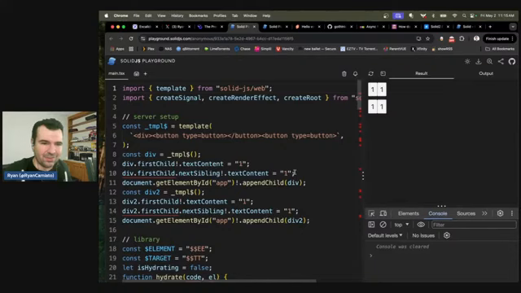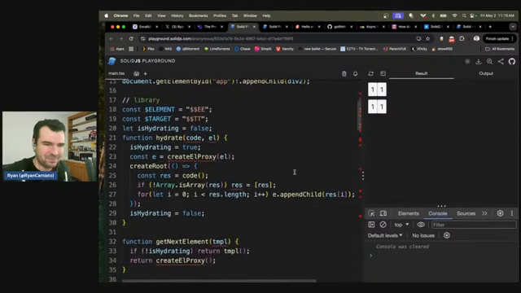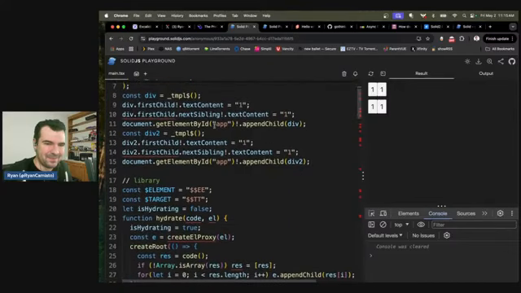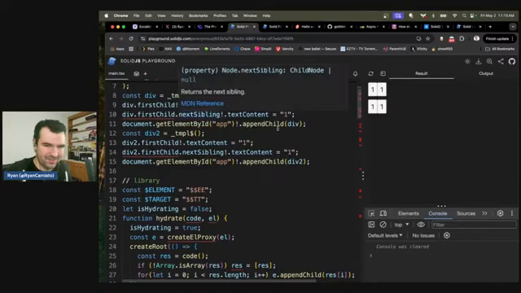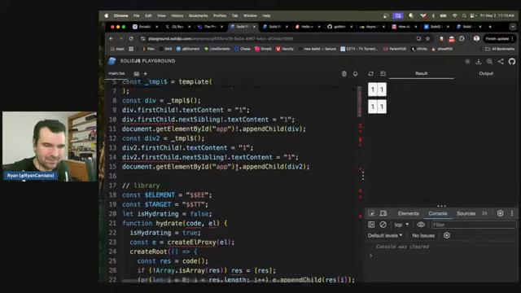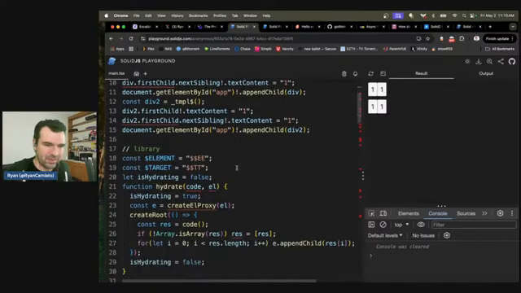I don't know if people understood this example, but what I did was I pretended that I server rendered this template, right, which is a div with 2 buttons in it. And then I initialized the template twice and just put some values in it. So each button got their text. I inserted it into the app, same thing. So I just did it twice. The reason I did it twice is because I wanted to simulate